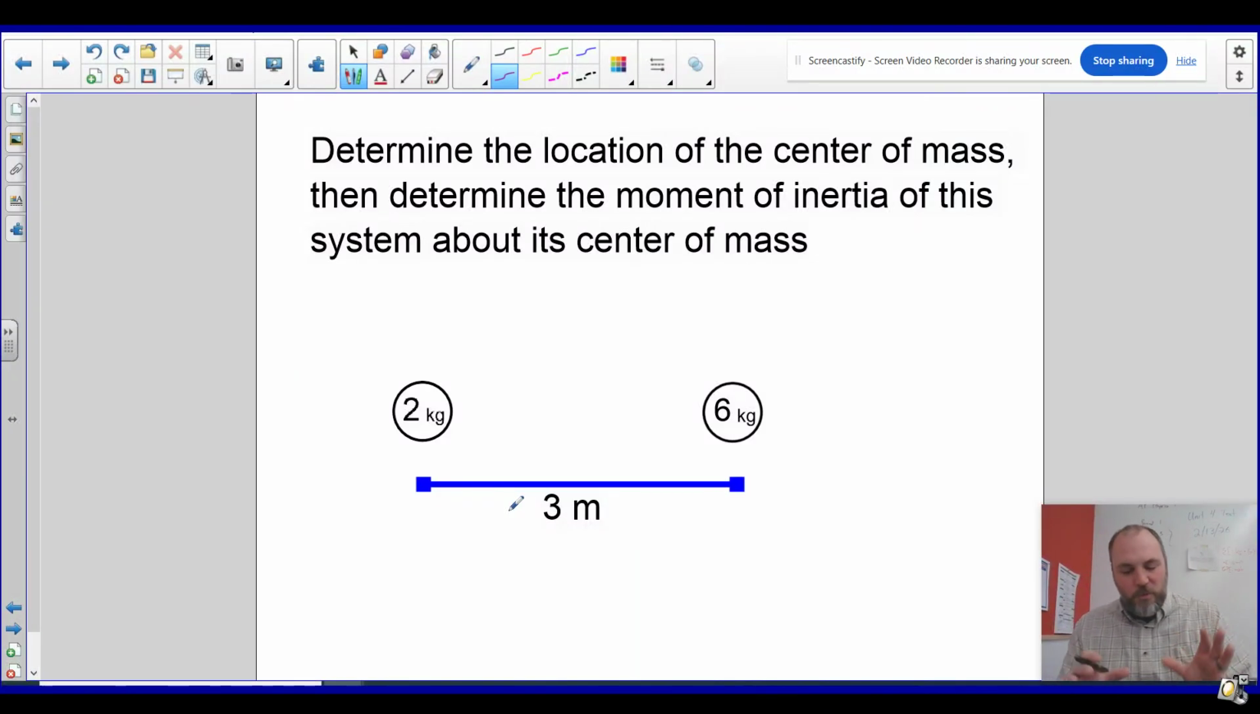Okay, so can we look at a collection of masses? Can we determine the center of mass? And then let's imagine what is the rotational inertia if we were to rotate those masses around that center of mass. So for these two masses, I know the center of mass is going to be shifted more towards the 6 kilogram because it's heavier,